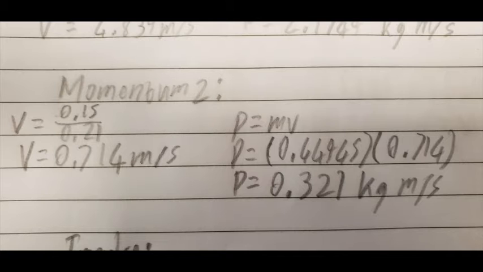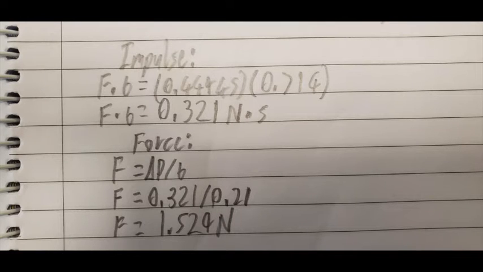Then multiplying the mass 0.4495 by the velocity makes 0.321 kilogram meters a second. Now that we know the velocity of the second momentum, we have to calculate the impulse by using the formula we talked about from the beginning. Impulse is equal to the mass times the elapsed time, meaning 0.44945 times 0.714, meaning the impulse is 0.321 newton seconds. In order to find the force, we simply divide the impulse by the time, giving us a force of